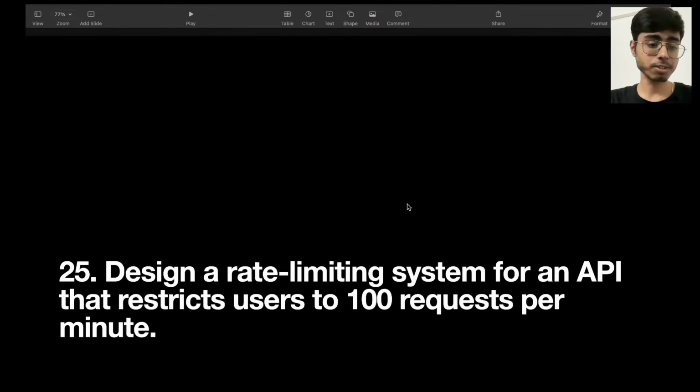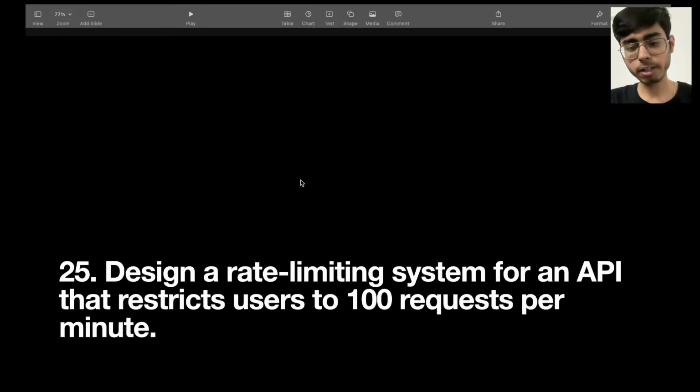Okay, great. Next question is: design a rate limiting system for an API that restricts a user to 100 requests per minute. I've already written the code for this. Basically, you need to rate limit the system. You must have seen this in GoDaddy. GoDaddy uses, as far as I know, IP address based rate limiting. If you search for 10 domains in 1 second using some system, it will rate limit you. It will block you. Your IP address will be blocked for, let's say, 30 minutes. This is useful because some people are doing DDoS attacks, or trying to extract all of your resources, scraping all of your resources. So for that, rate limiting is very important.